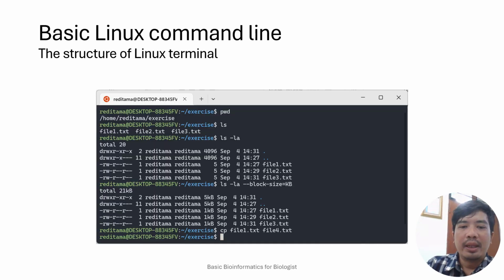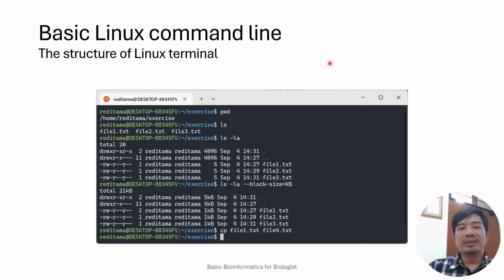Okay, and then we move to the terminal. The terminal is the most important software in Linux because we do all kinds of things here. It's called a terminal because it lets humans meet the machine, meet the computer. So you can give commands and see the results here.